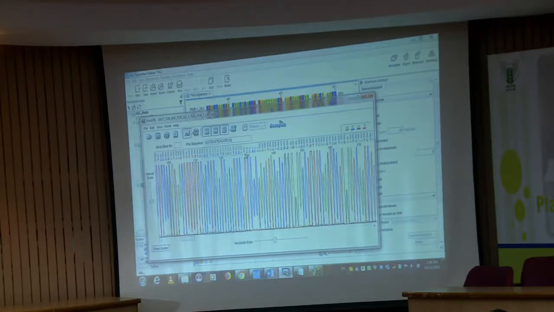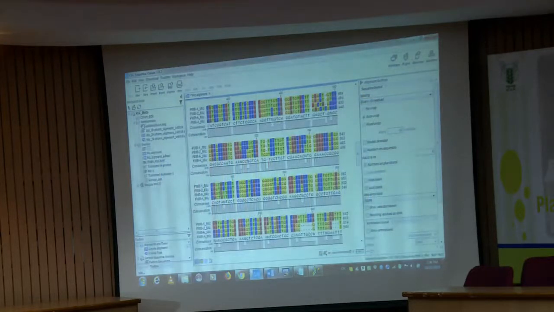If in forward the quality value is good for T, and in the reverse the quality value is not good for A, T to A I am considering, if the A is not good quality value and T is with a good quality value, then I will go back here, I will select this particular base,